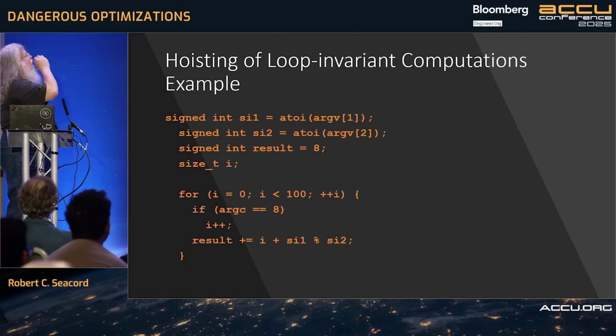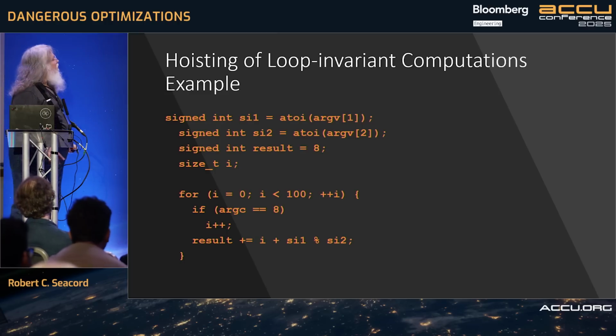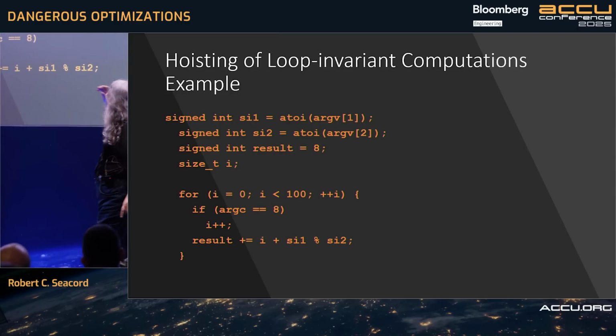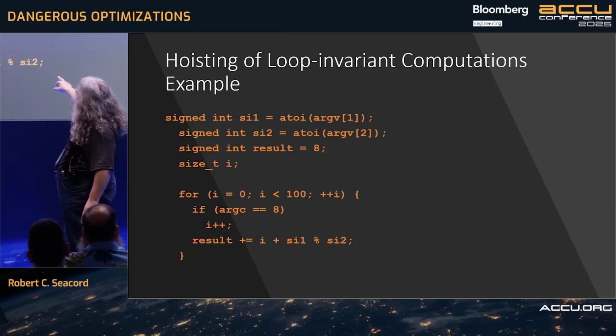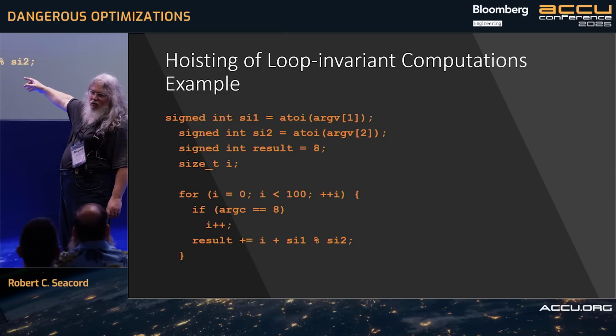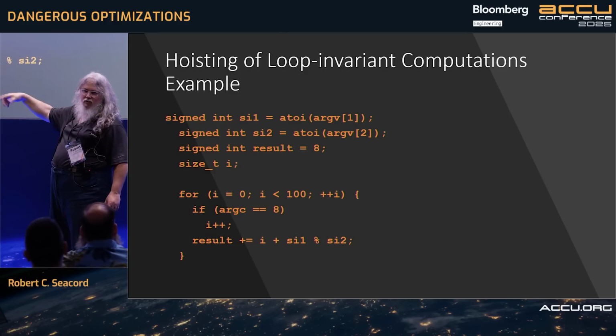So here, we have a little bit of a complicated program. It took me this much code to get the optimization to occur in the way I want it to occur. Sometimes it would optimize too much, sometimes it didn't optimize enough. But the interesting bit here is SI1 remainder SI2, right? If you look at the loop, this SI1 and SI2 never change during the execution of the loop, right? So this expression is a loop invariant computation that gets the same result every time, right?